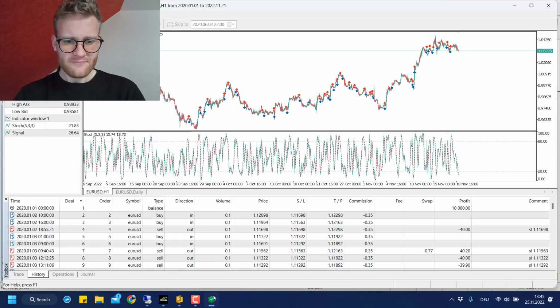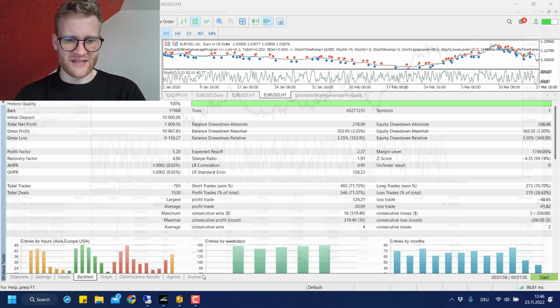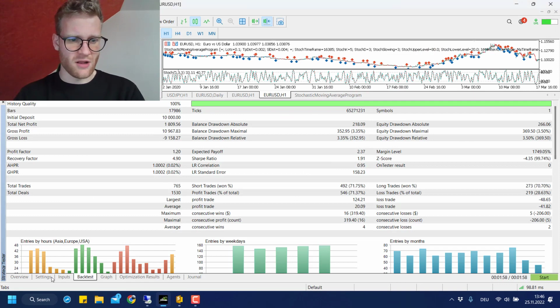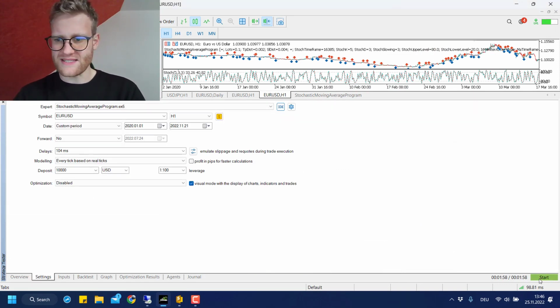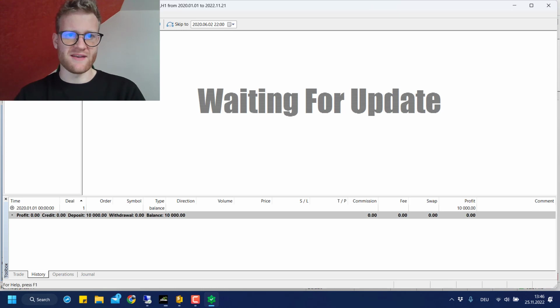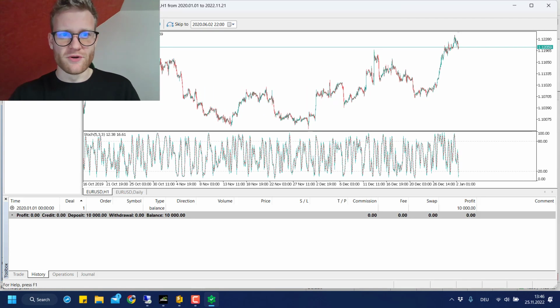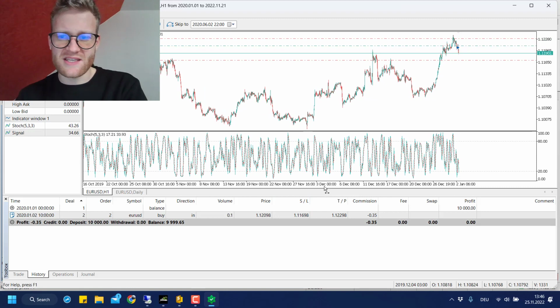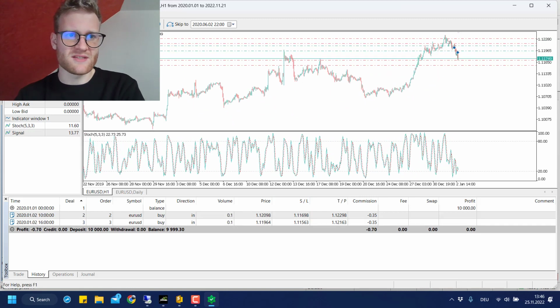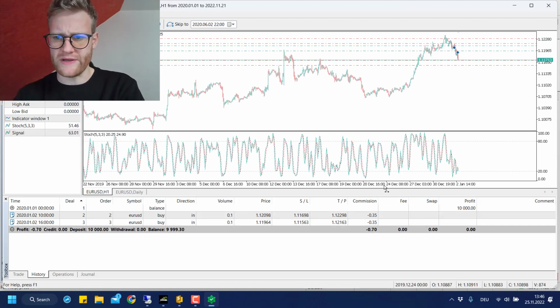So maybe we can start another test in the visual mode, like a really slow test, where we will see how this strategy works. And again, this strategy is really simple. It is based on 2 indicators and 2 indicators only. So there are strict rules and no interpretation. And you can see here already, let me make this even a little bit slower,